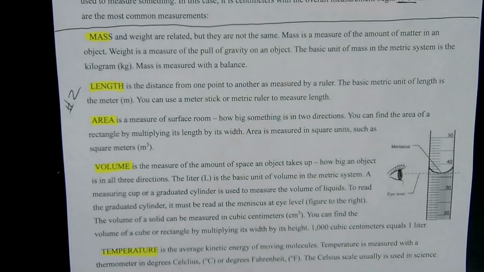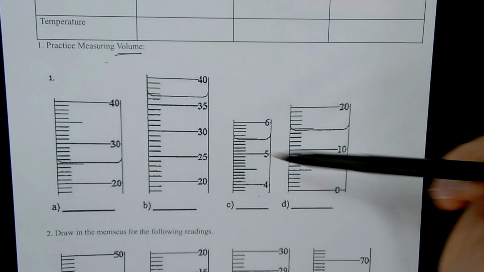When you are done with this, once you've read this and annotated it, then you can go ahead and move on to your review. Okay, so your review is taking your reading and completing this. You're going to write the definition of each of these measurements, the units that they are, and the lab equipment that you could use. Remember, in your notebook is the pictures of the lab equipment and what their names are. These next 8 are all